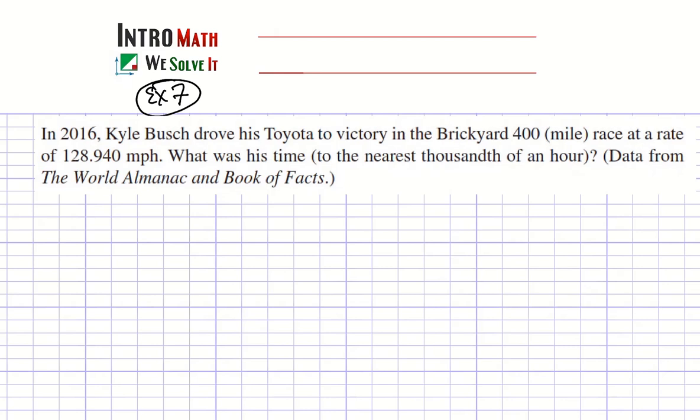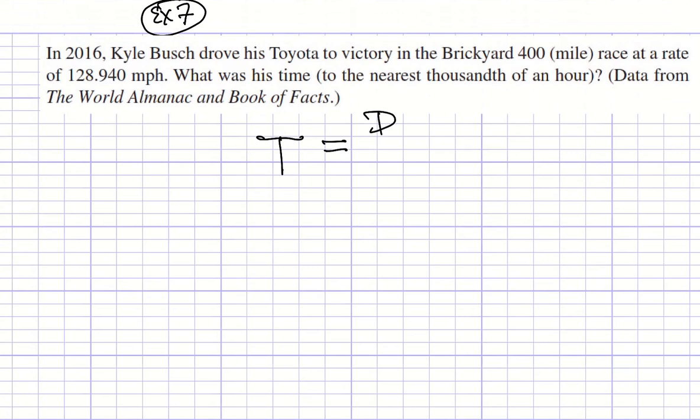Okay, it says in 2016, Carl Bush drove his Toyota to victory in the Brickyard 400-mile race at a rate of 128.940 miles per hour. What was his time? Again, we need time. Time is distance over rate. Here we're given the distance, and we're given the rate. So we'll substitute, we'll get 400 over